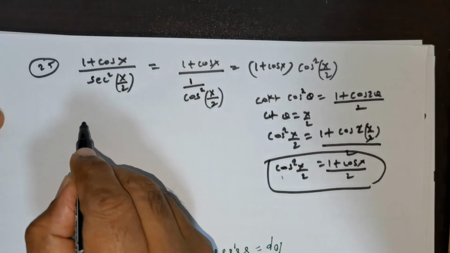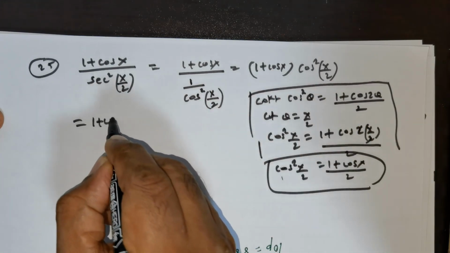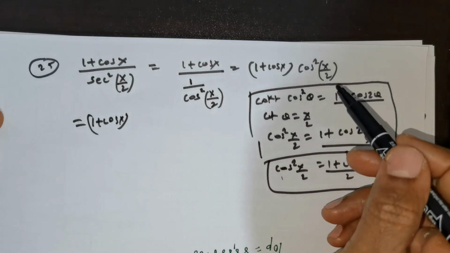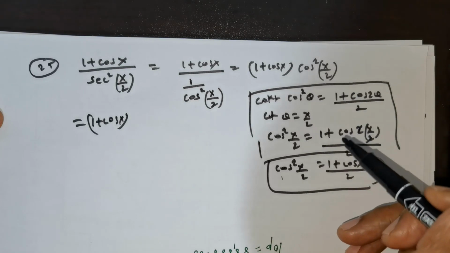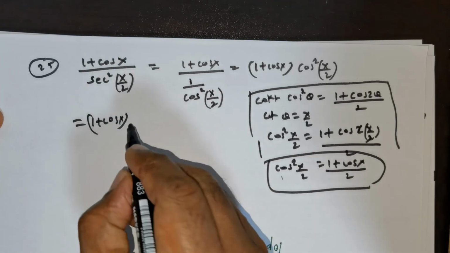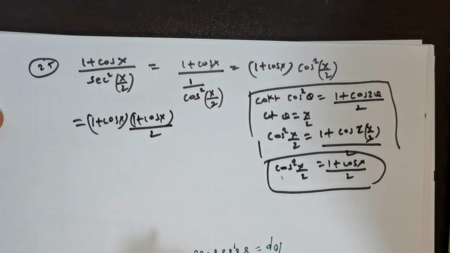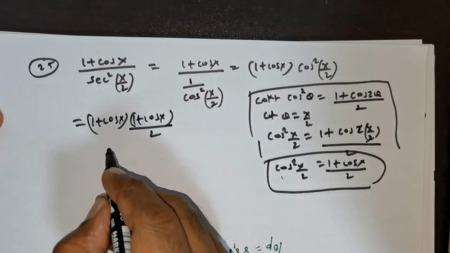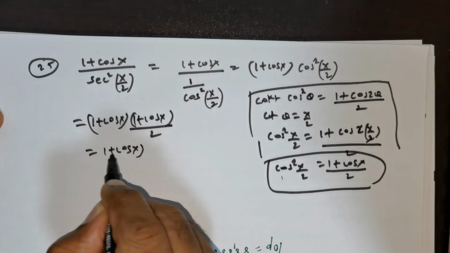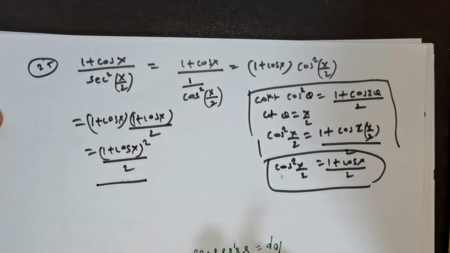So this is equal to, this is all side note, 1 plus cos x. In place of cos squared x over 2, I would substitute this value, 1 plus cos x divided by 2, and that would mean 1 plus cos x times 1 plus cos x will give me 1 plus cos x the whole squared divided by 2. So that is the final solution